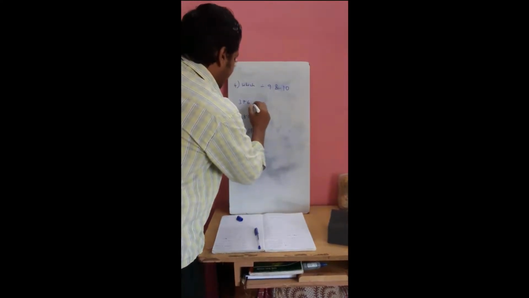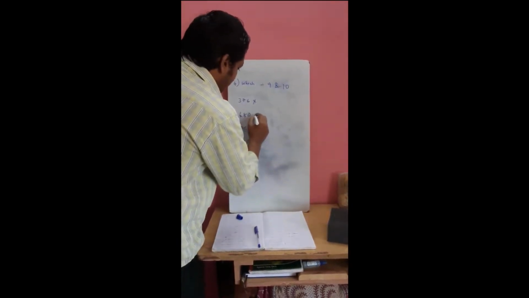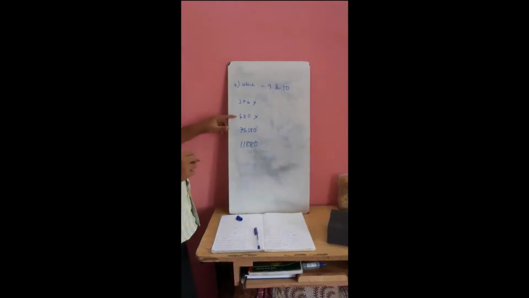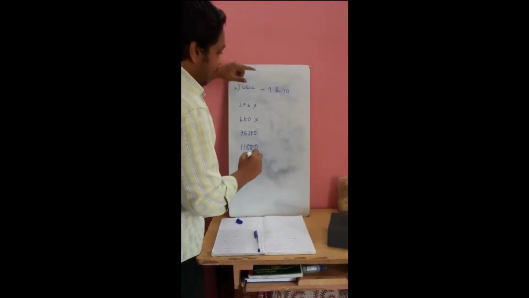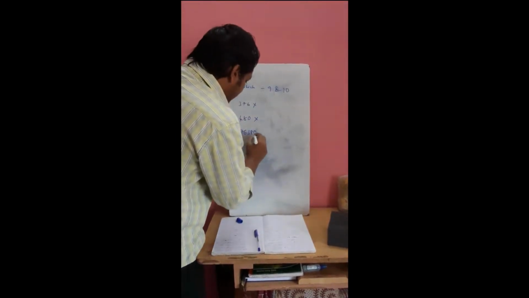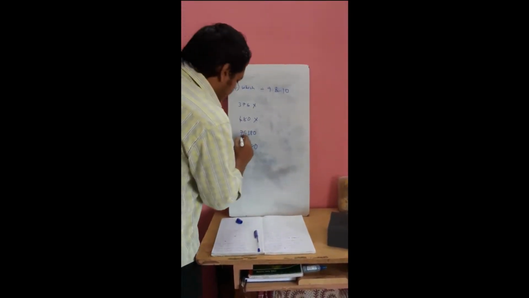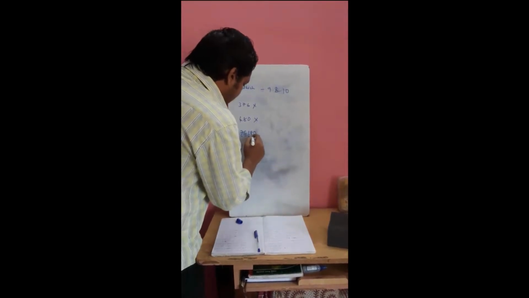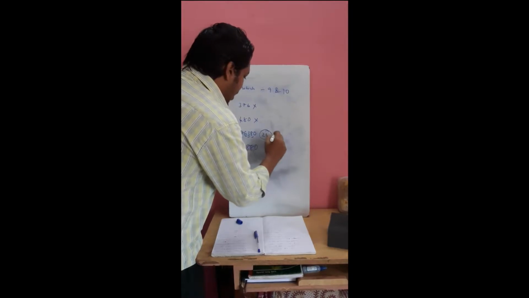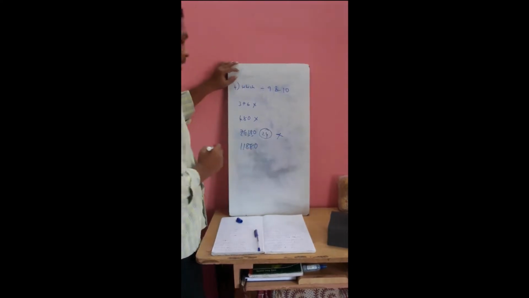376 is not divisible by 10, and hence this is not the correct answer. 480 is not divisible by 9, and hence this is not the correct answer. It is found out by finding the digit sum. 4 plus 8 is equal to 12, 1 plus 2 is equal to 3, and 3 is not divisible by 9. 76,380 is divisible by 10. We have to check whether it is divisible by 9. 7 plus 6 is 13, 13 plus 3 is 16, 16 plus 8 is 24. 24 is not divisible by 9, and hence 76,380 is not divisible by 9 and 10.